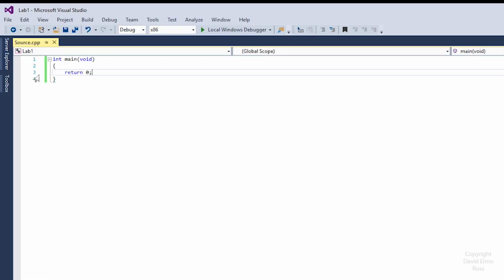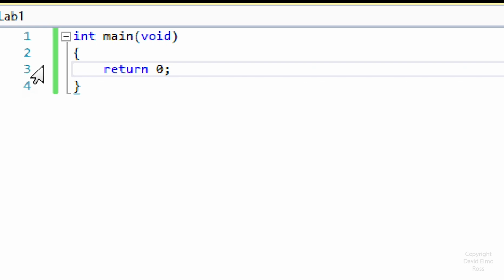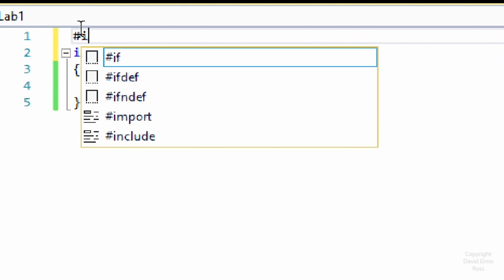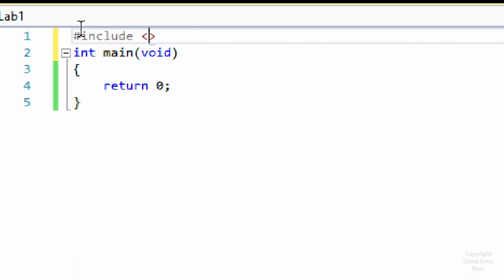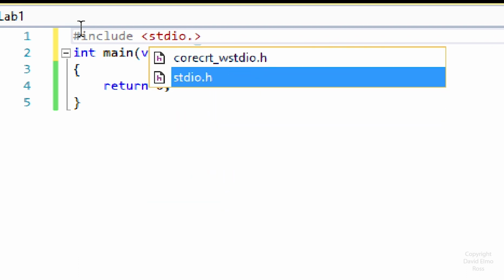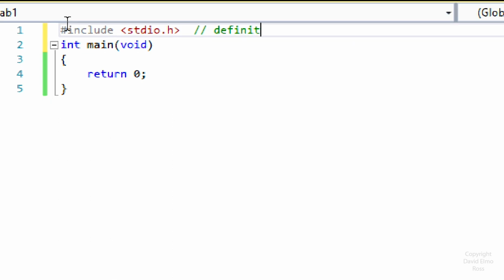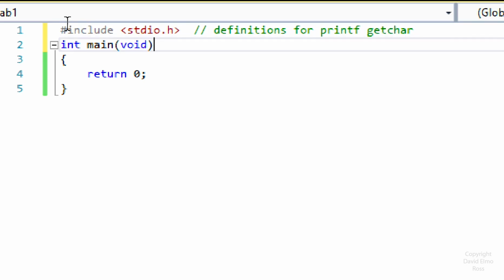But what we want to do is let's add some stuff. For instance, if we wanted to print something out like hello world, we have to put up here #include <stdio.h>, and you can even see it in the list there, so we have to make sure it's got .h. And what this is for, and we can put a double slash here, and that means it's green and it's going to be a comment, and this is the definition for printf, and we'll also see later for getchar, so we need it for getchar, as we'll see in the